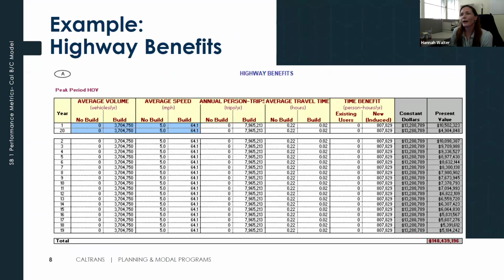This is actually the travel time savings tab. And what I wanted to point out here is the years. So it's summarizing on those top 2 rows where there's blue there. Year one is the first year that the project is operational. And then year 20, that's an estimate of 20 years after the project is operational. And so it's looking at the value of time and money over time. That's really what I'm trying to point out in this slide. Next slide, please.